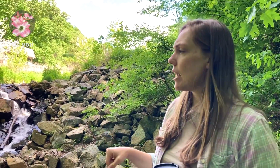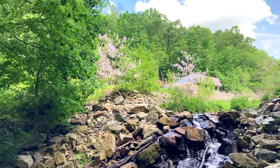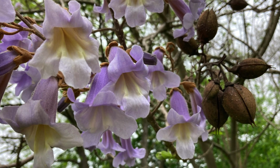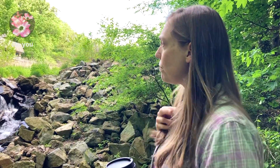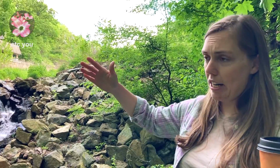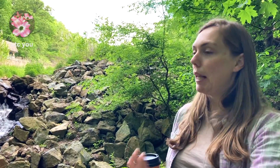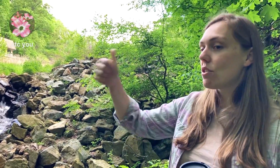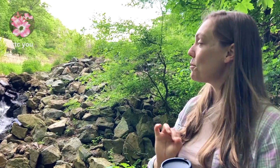All right, so I just wanted to stop here to talk briefly about the absolutely beautiful purple trees over here that are an invasive species called empress tree or princess tree, Paulownia tomentosa. Tomentose means fuzzy, so they have big fuzzy leaves. They're growing all along 476 right now, so I've gotten a lot of questions about them. People are like, oh, what's that? Do not plant, do not plant. First of all, it's one of the fastest growing trees in the world. And secondly, it will spread. It's weak wooded, it cracks,